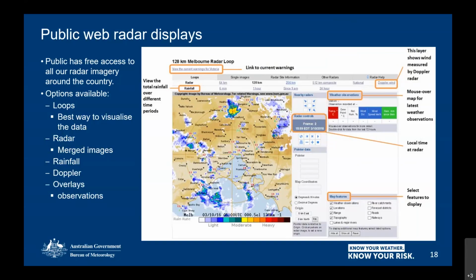And as you might notice, you can see there's some observations overlaid on our radar image. Now, I always have this toggled on, and you can do that as well down here under map features. So there's a few different options. Topography is also a good one to have on. You can see where the mountains are, but certainly weather observations is a good one, and it's a great tool to use in conjunction with the radar imagery when, say, a wind change is coming through, or seeing how much rain we've had at a particular location.